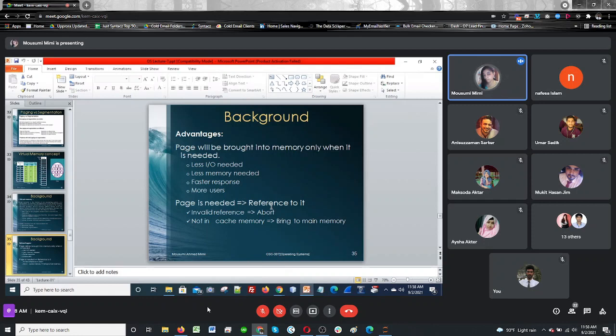Also, it needs less memory because virtual memory logically can increase the size of the computer memory. So that's why virtual memory also needs less memory. It is faster and it has more uses. Why does it have more uses? Because